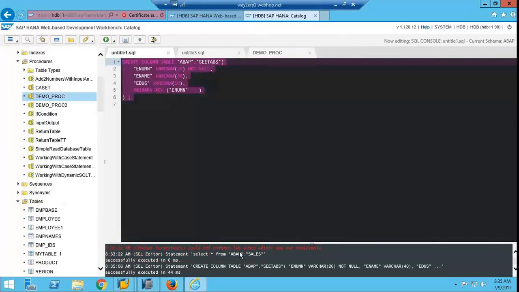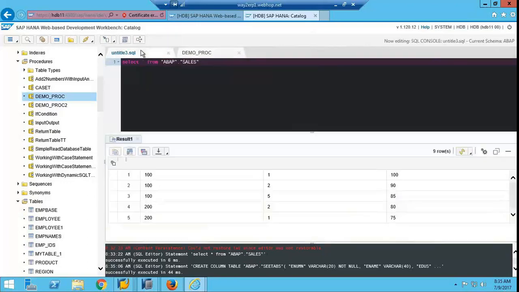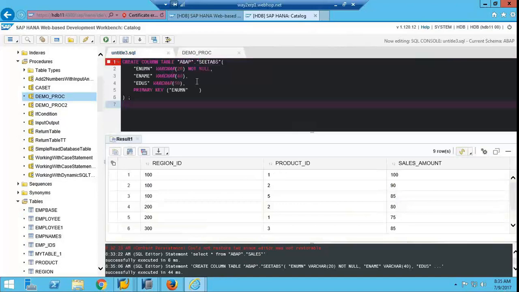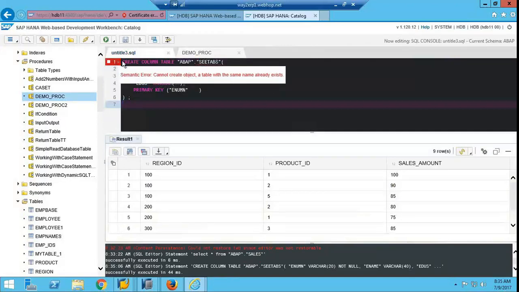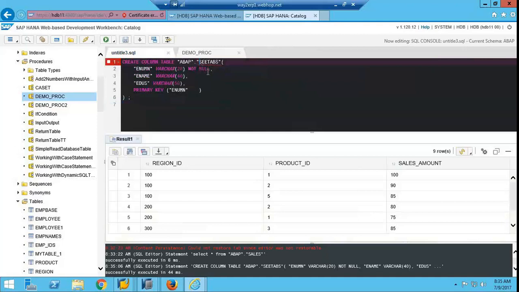See, could not restore table since the table already exists.